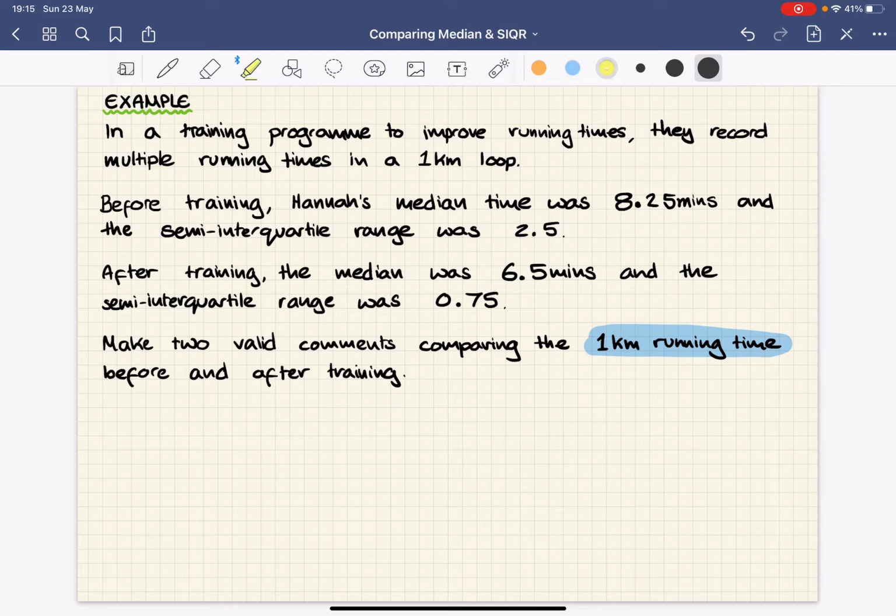Then my median, so before, my median time was 8.25 minutes, and after, my median time was 6.5 minutes, and then before, my semi-interquartile range was 2.5, and after the semi-interquartile range was 0.75. So that's the key things I need to focus on. So I'm going to compare first the median. So firstly, I use this keyword here. So on average,